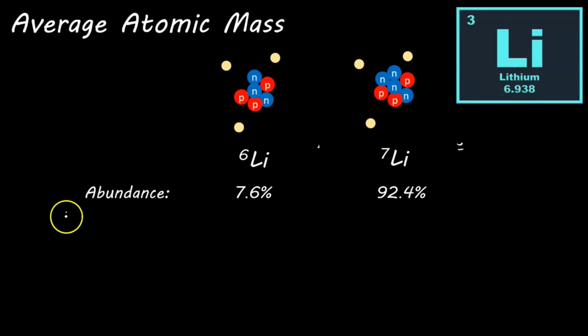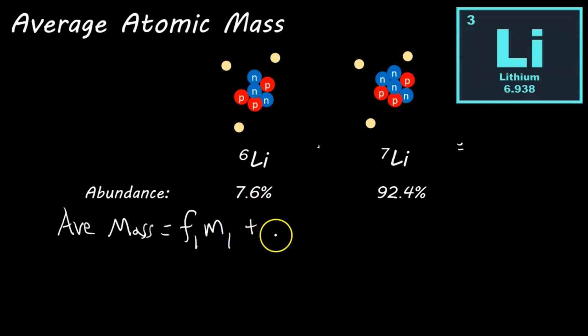So the average mass equation: average mass, I'm not going to say atomic mass just to keep it short. The average mass, and there's slightly different ways to write this, but they're all the same. Fractional abundance of isotope 1 times the mass of isotope 1 plus the fractional abundance of isotope 2 times the mass of isotope 2. And the fractional abundance